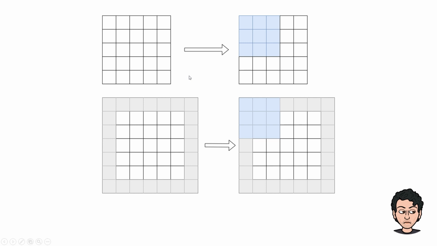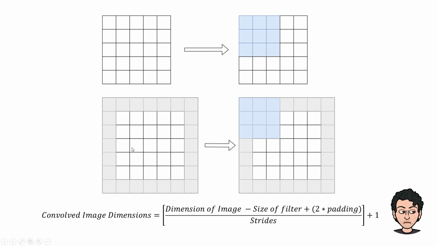Definitely in today's example we are not going to use it, but if you want you can use it. And this is the math. The dimensions definitely change. The dimension of the image minus the size of the filter plus 2 into padding. Since there are two sides of the pad that we apply, if you apply padding equal to 1, it is going to consider 2 because you have two sides. After that the math is always the same: we divide the entire thing by the stride and add 1.